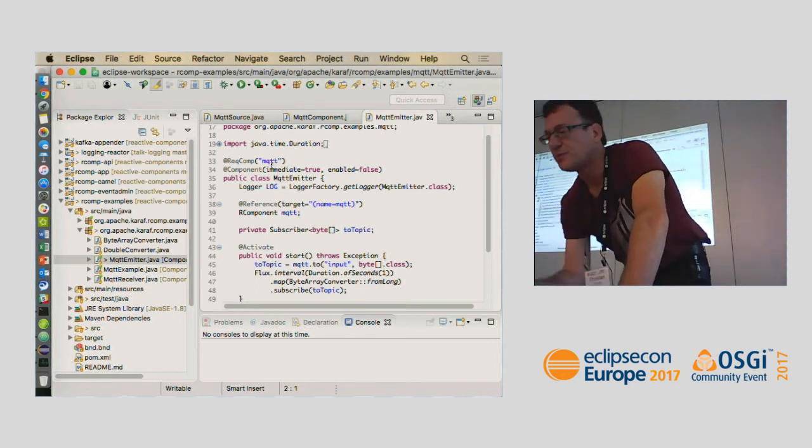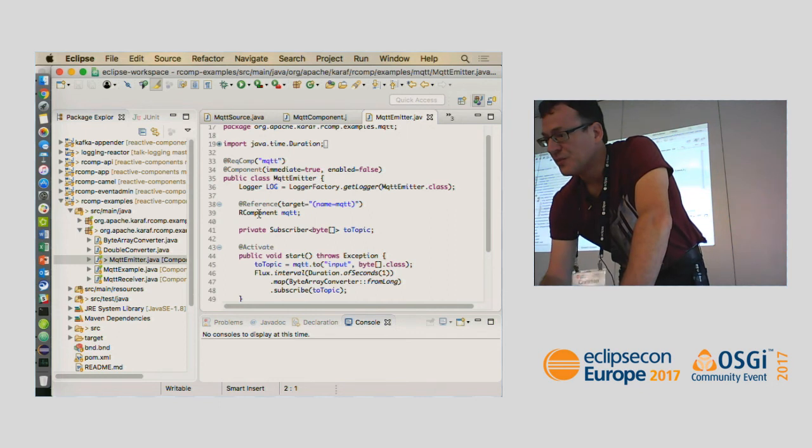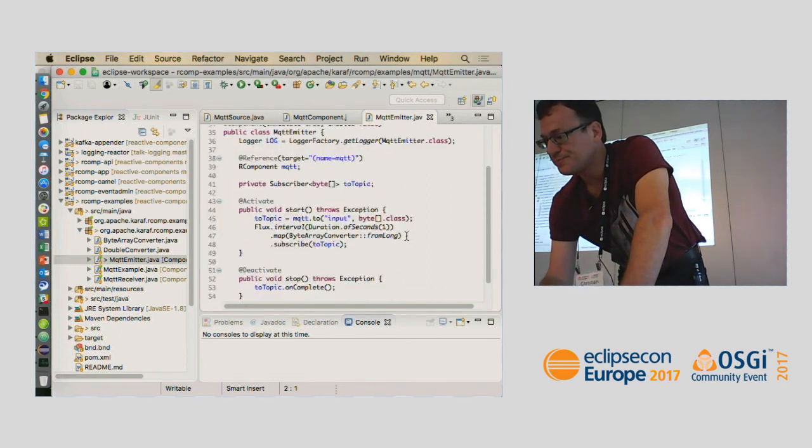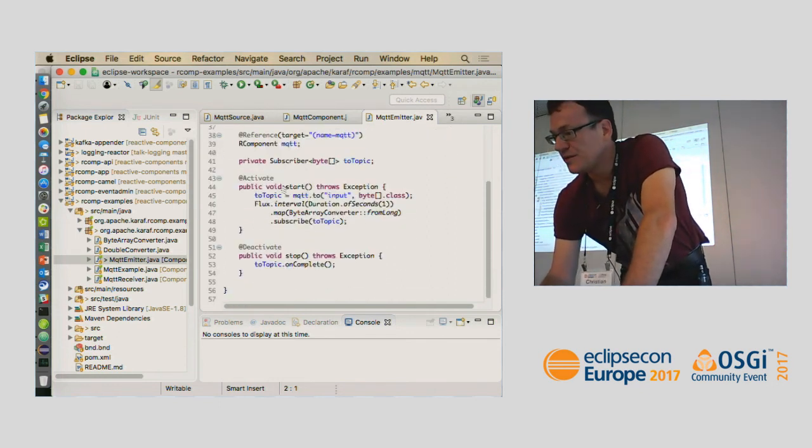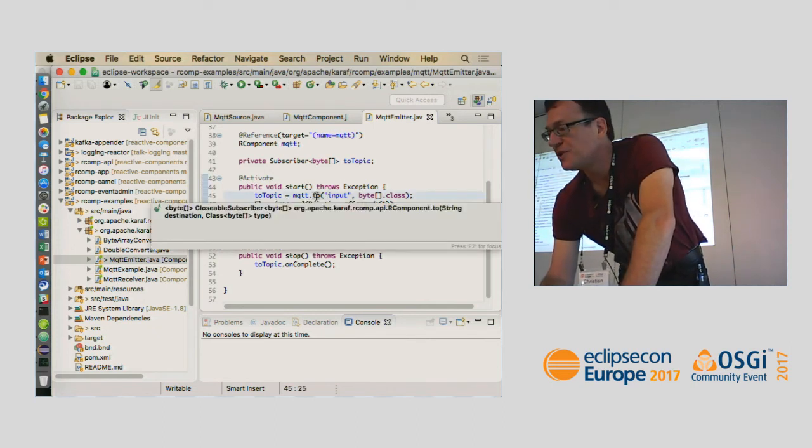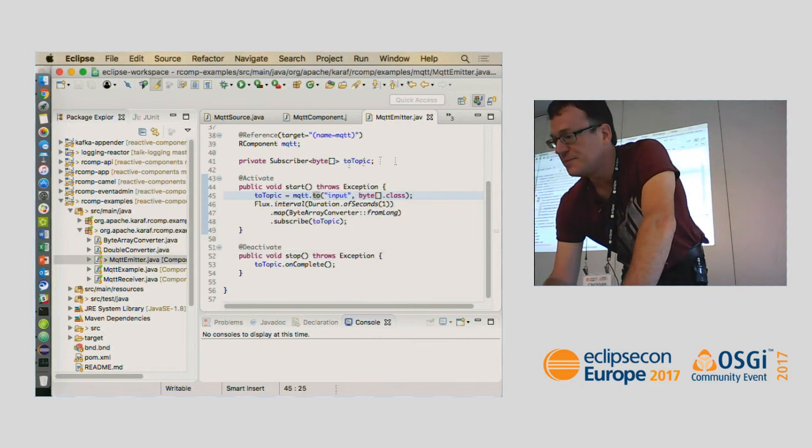This is just a helper for the resolver to do that. And when this thing starts, it's calling to from the MQTT component and creates a flux that sends out just to this topic. And to close it, we use onComplete when it's going down.